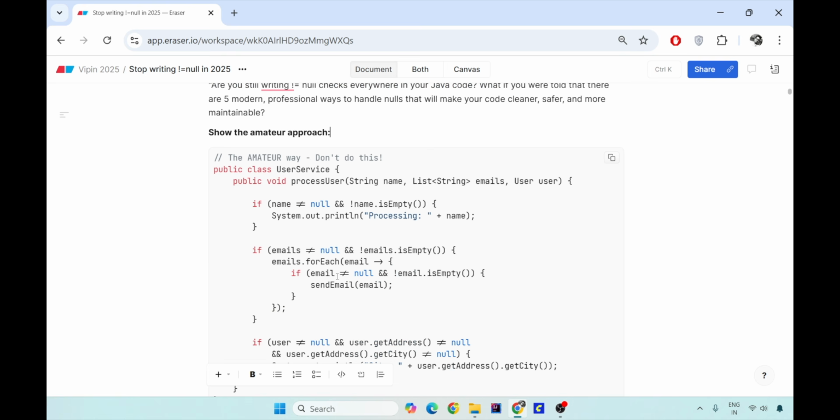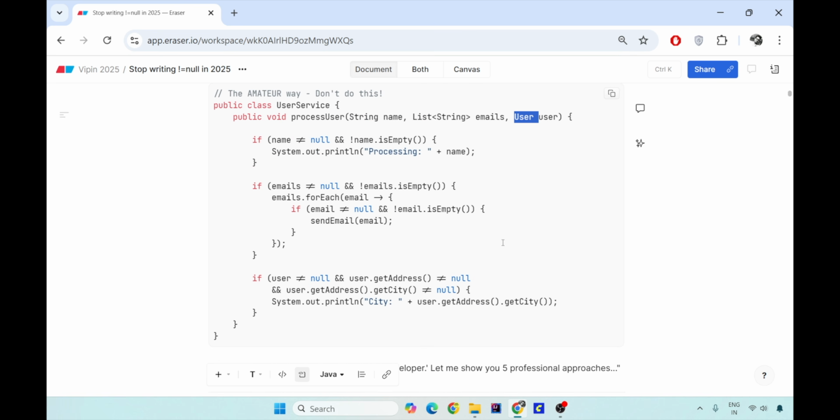So let's get started. There is a very basic way of checking whether your inputs are null or not. For example, you have name, emails and user, which is a custom object, coming in as input. So you have a simple string, a list of strings and a custom object. How do you check nulls? What we used to do in the early days was to directly check that the string is not null and not empty, because a single double quote is also an empty string, which will not help us in any way. So these are the two ways we check the string's emptiness.